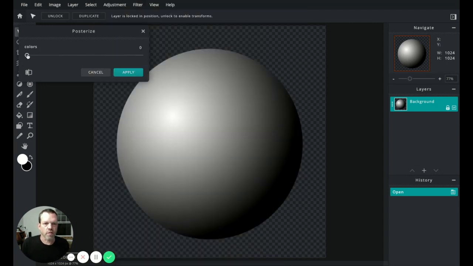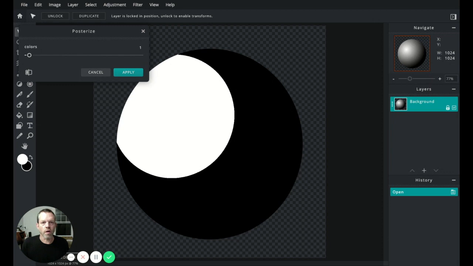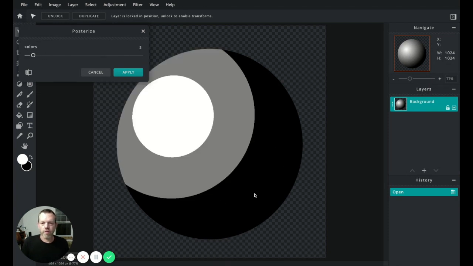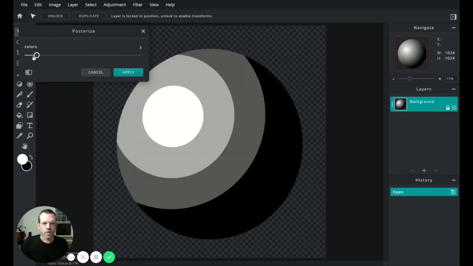If we look at this and we go from 0 to 1, now we have one value besides white. And if you only have one value besides white, it's going to give you black. So here we have the darkest value, and then we have this gray. That's why we have a 2. I'm going to ask you guys to work not with 2, not with 3,